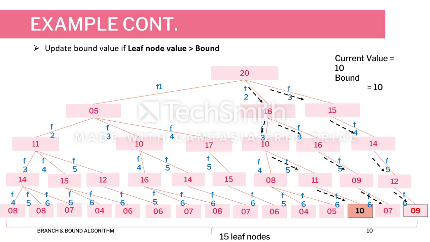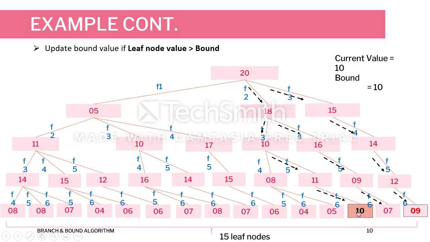And I need to update the bound value only if the leaf node value is greater than the bound value. So here the 7 is not greater than the bound value, which is 9, so I'm not going to update the bound value with 7. So my bound value remains as 9, and then again I'm going to backtrack, and I'm going to come through this node and continue, and I